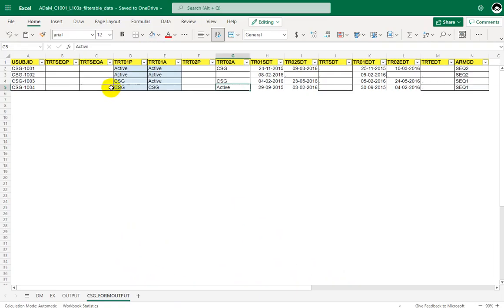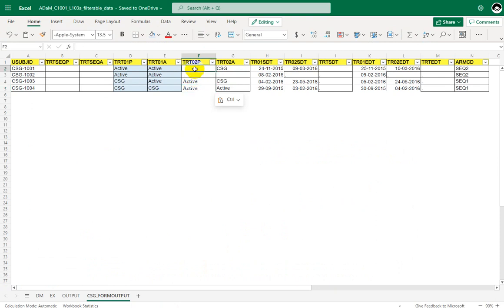So let us do that. ARMCD is equal to seek1, so this has to be active. For the other subjects, it was supposed to be CSG. So we have populated TRT02P, TRT02A,